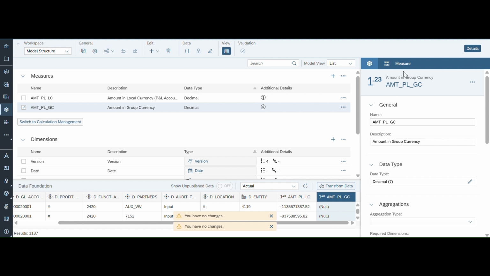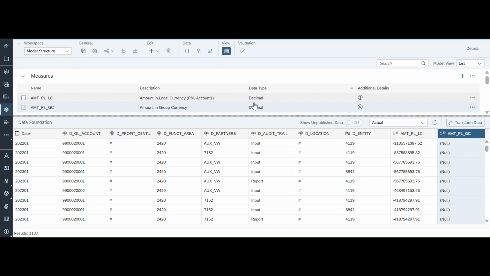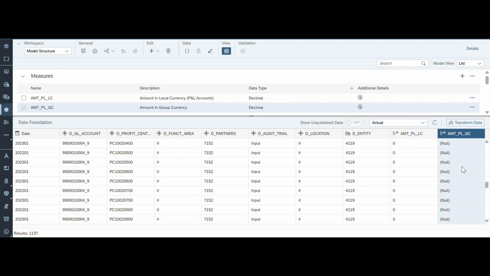I can show you here in the data foundation preview also. You can see the values against the local currency, but the group currency is all null because there is no data in the model. Now I'll just save this. Now I will show you the currency table,